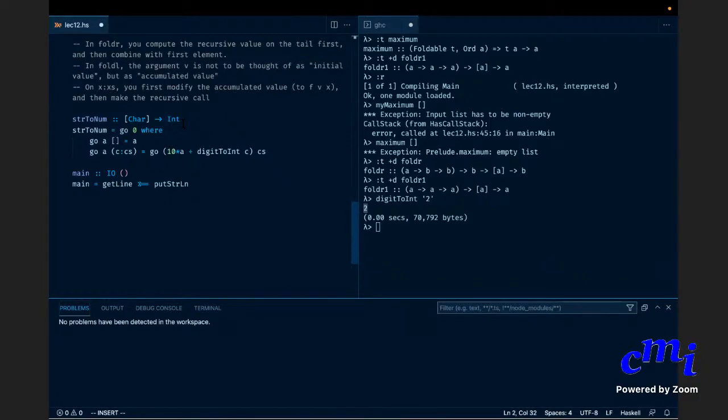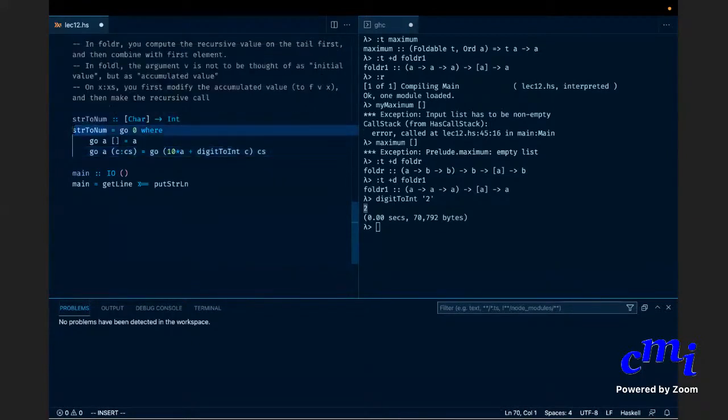And in fact, it turns out that for list reversal, we tried the normal strategy. We said, oh, reverse of x colon xs is equal to reverse of xs plus plus list x. And that's not very efficient because you're doing plus plus. But then we said, oh, we had that reverse, now actually using fold L. So now let me first do the string to num.